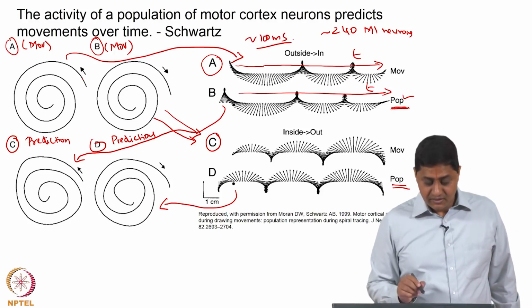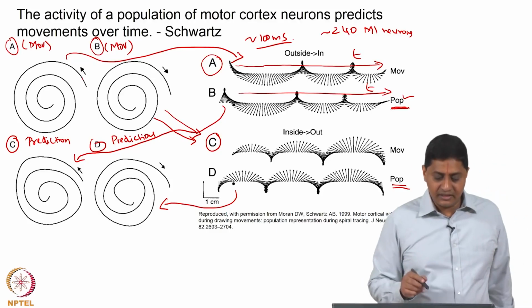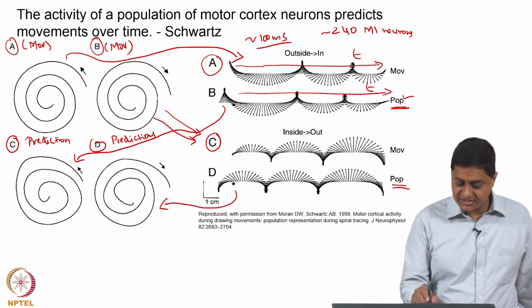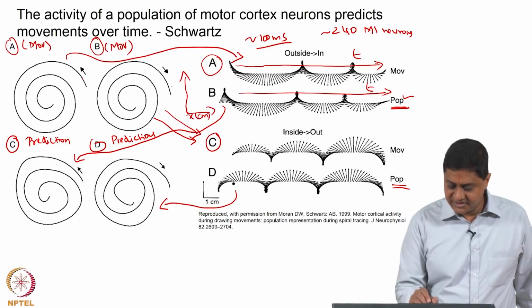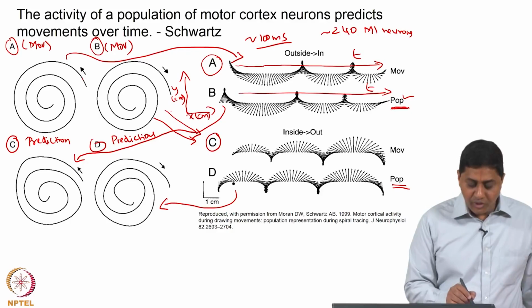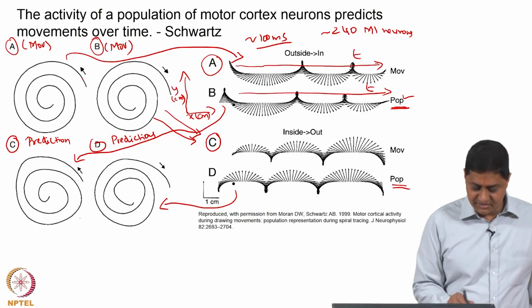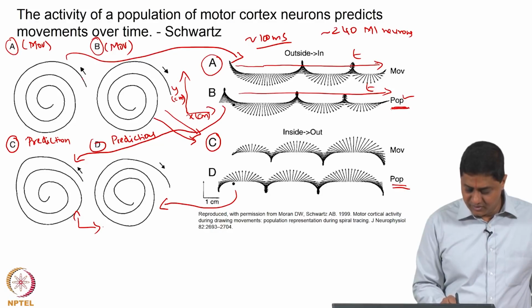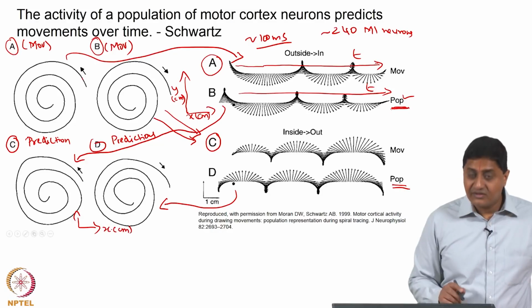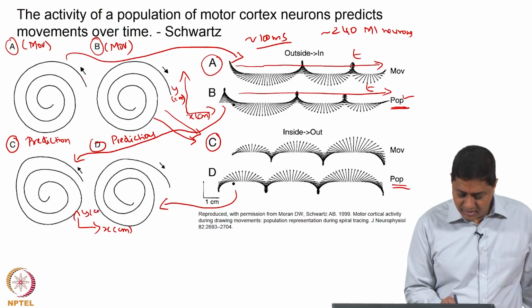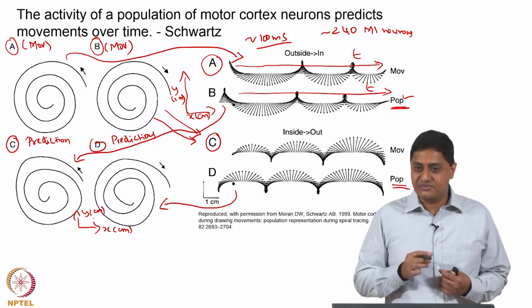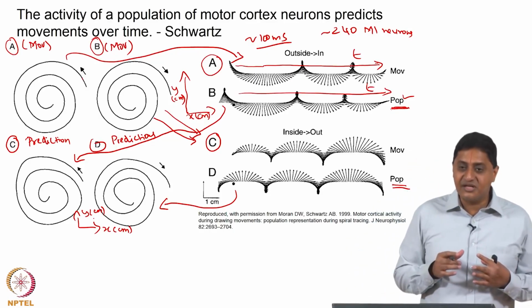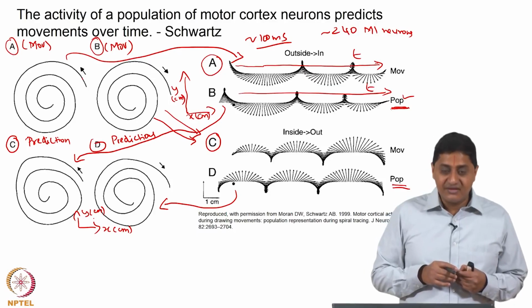Okay. And note one more thing, if I had units for these trajectories, say this is the y axis, this is the x axis, and in centimeters, I am not going to be able to get these trajectories also in centimeters. So, in other words, I am going to get characteristics that are similar, but not exact magnitudes. So, the characteristics are going to be strikingly similar, but the exact magnitudes and units will not be similar, because